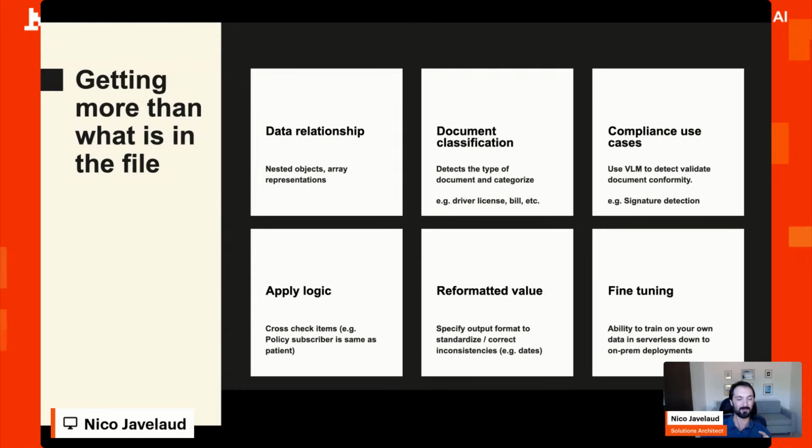So it's very useful to be able to reformat the values as part of the extraction. And finally, I wanted to make sure to mention the fine-tuning capabilities, because even the models that are not open source with Mistral, they're always open weight. So fine-tuning is always an option, which we see being extremely important, especially when you start delving into